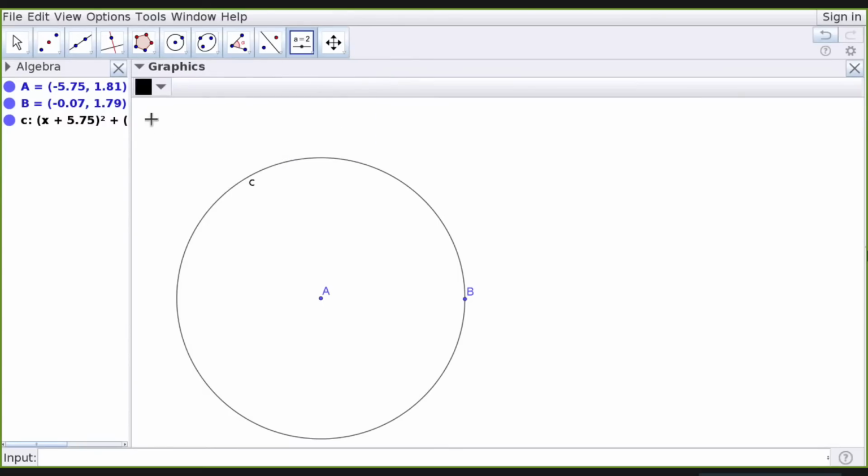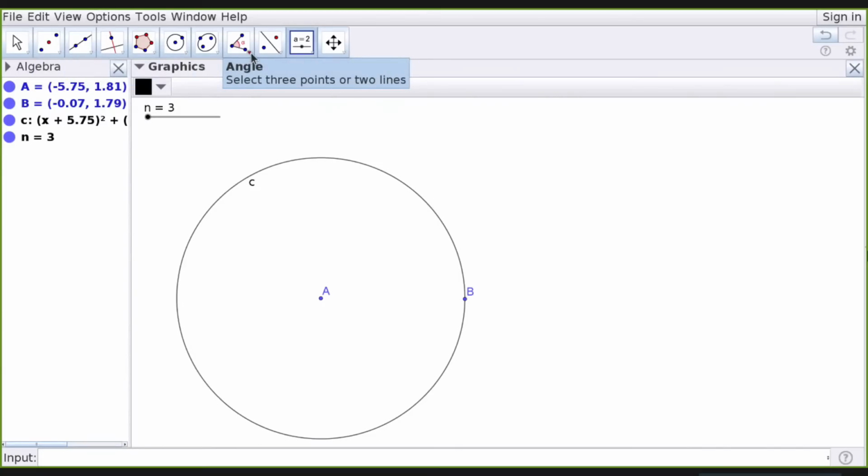So I am going to draw a slider. It will ask what type of slider you want: number slider, angle slider, or integer slider. I am going to take an integer slider. Normally integer slider values will be from 1 to 30. You can change it to 1 to 50 or 1 to 60, whatever you want, and the value of n will change like 1, 2, 3, 4. I am going to start with 3 to 30.